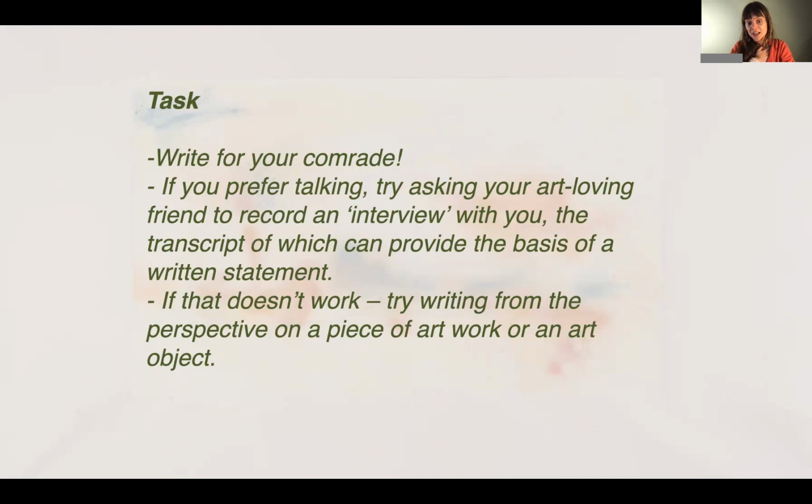And now, this is more of an unconventional approach, and it's one I really like, and one that I have used before when I've been a bit stuck writing artist statements. So there's the one of writing for a supportive friend. That's one of your tasks. You can do that via audio. You can record it. But if that doesn't work,